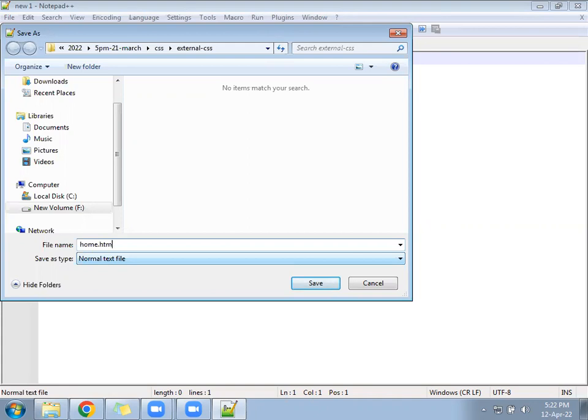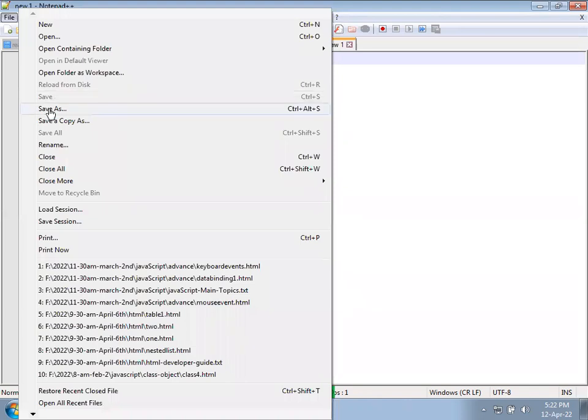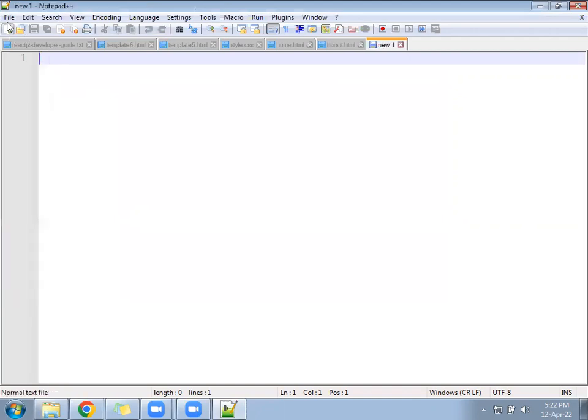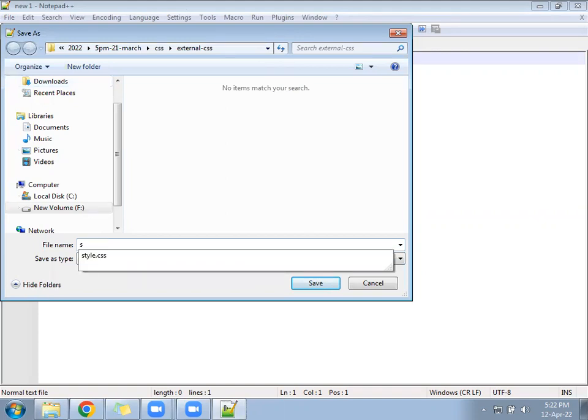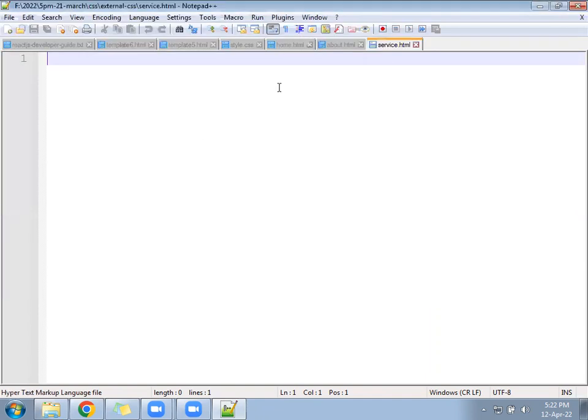Create one more file, about.html. Create one more file, service.html. So three we created.